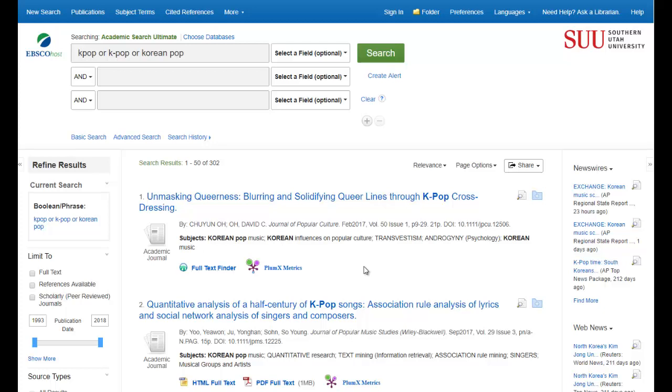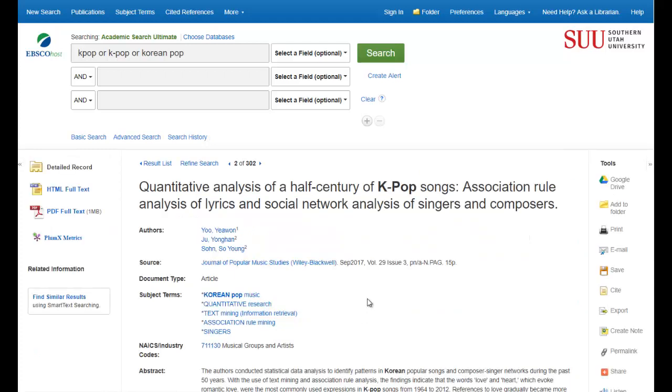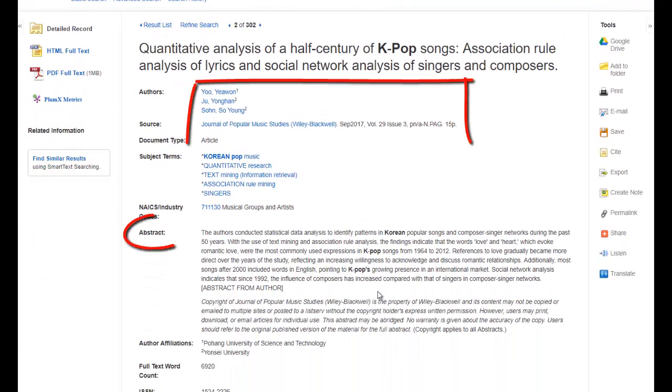So let's look closer at some of EBSCO's tools to help cite and save the sources you want to use. You can get to these tools by clicking on the title of the article to go to the detailed record. From the detailed record, you have access to the full text of the article, as well as the abstract and publication information. This is the information you will need to have when you write your paper, especially when you're citing